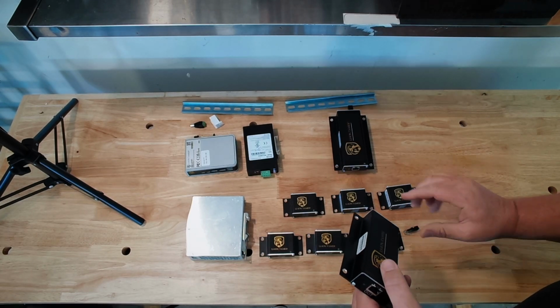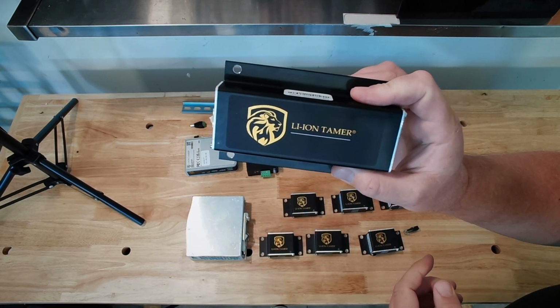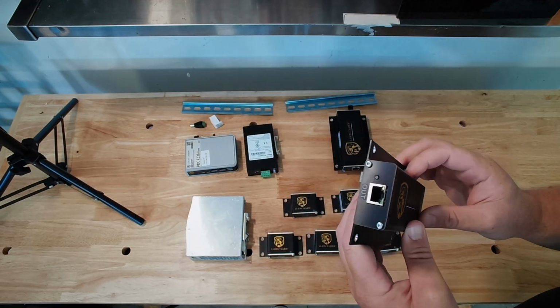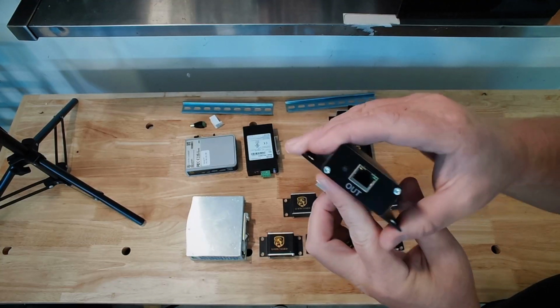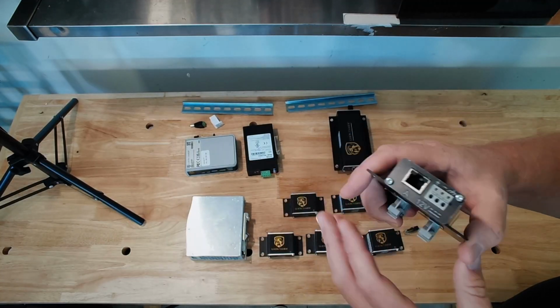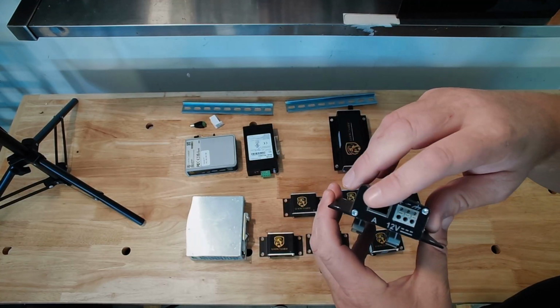Here is the Lion Tamer hub. This is where the communications protocols change. So from this side where it says out, this is TCP/IP. This side where it says A, that is CAN bus